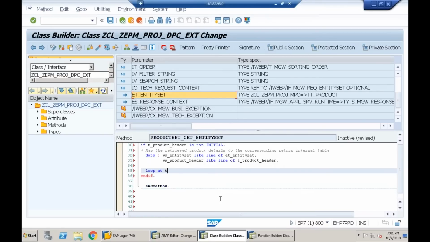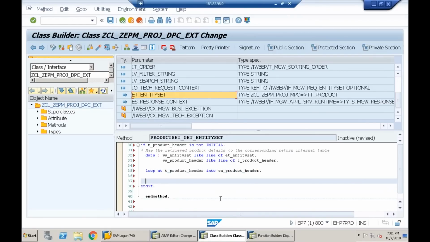I will loop my internal table. Loop at T_product_header into what is the work area declared? W_product_header, and loop. I need to append it to this internal table. What is the work area declared? W_entity_set. So I'll say clear W_entity_set. W_entity_set-